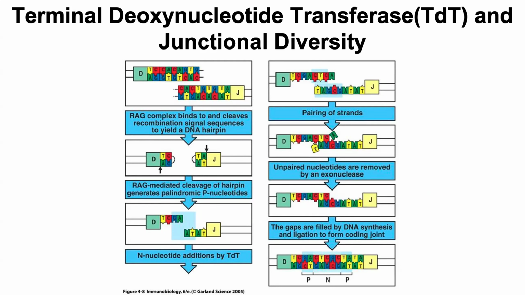And so, depending on the number of nucleotides that get plugged in there, of course, they need to be in multiples of 3 to stay in the reading frame. So anything that's not doesn't make a productive protein, but anything that is makes a productive protein, and those are the ones that survive and make it through. So it's a second way of creating diversity in our T cell receptor and B cell receptor